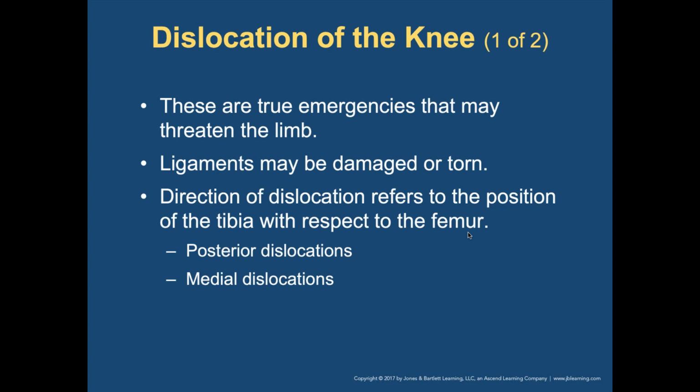There are true emergencies just like on any other limb. When the knee is dislocated, the ligaments that provide support are going to be torn. The proximal end of the tibia is completely displaced from its juncture with the lower end of the femur, usually producing significant deformity. You can have that in baseball injuries, football, wrestling. I'm just going to go with every sport. I mean, you can have that in volleyball, cross country. I mean, heck, now they got bass fishing in school, so I'm sure you can mess your knee up doing that.